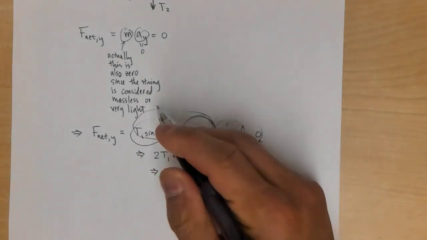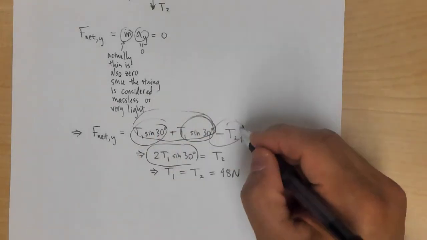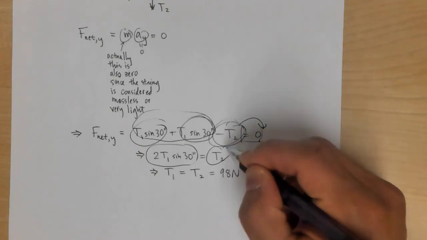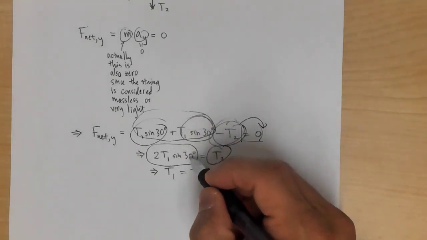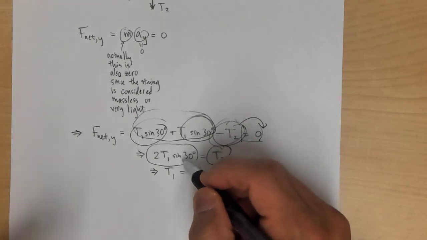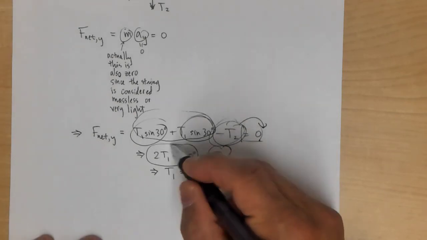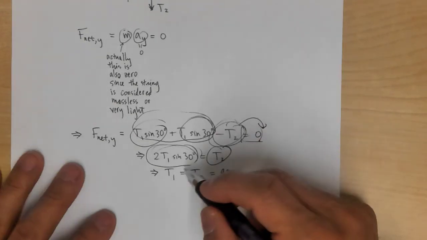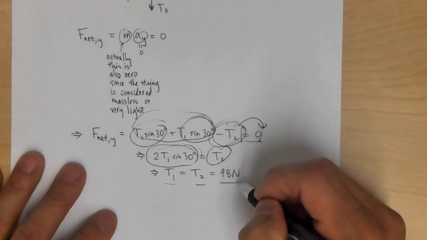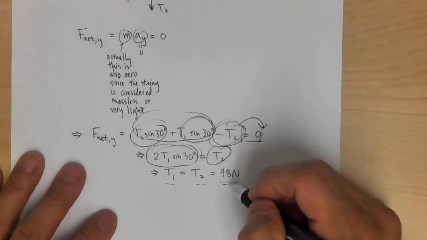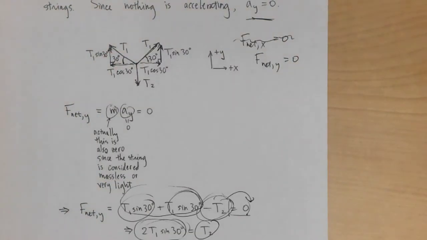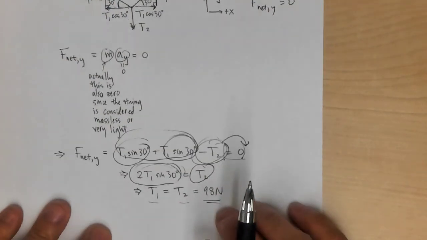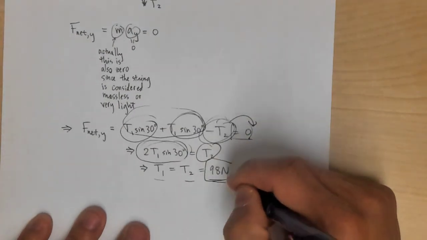Let's put these two together. We get 2 T1 sine of theta. Let's bring T2 to the other side. It just so happens that for 30 degrees, the sine of 30 degrees is 1/2. That's just a numerical accident. So we get that this is equal to T1, and it happens to be equal to T2. So for this particular problem, both tensions are actually the same. That's not the generic case. It's just special about this 30 degree angle. And so both are 98